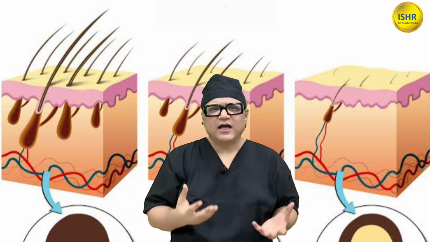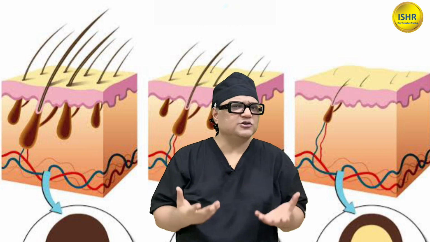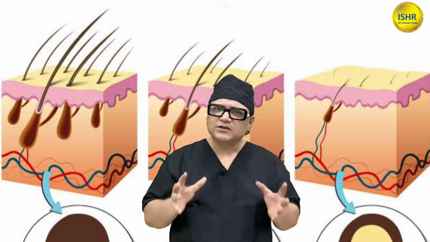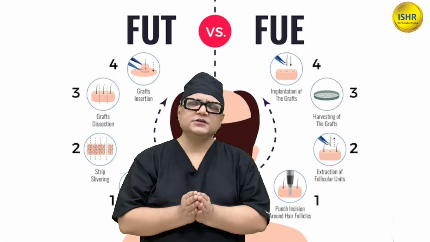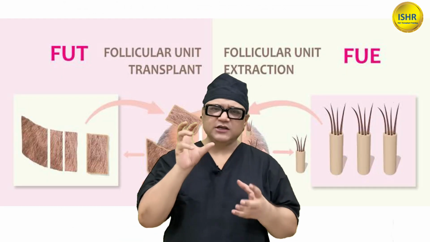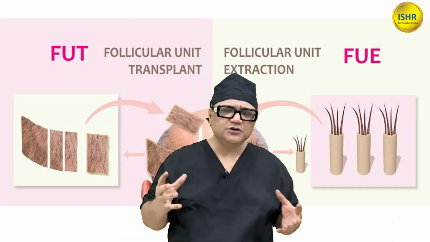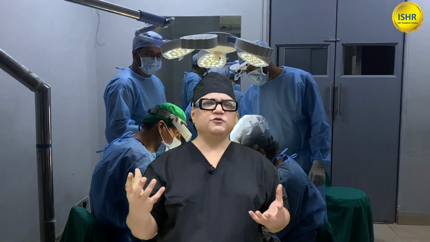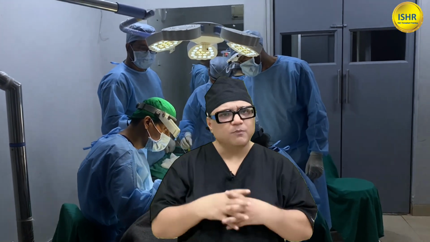So initially you will have some transection, but as you become a senior surgeon, your transection rate should not be more than 3%. So there will be a whole discussion about the science of hair graft extraction and how to prevent transection for better hair transplant results. We will also discuss comparison between FUE, the newer technique where you take out single grafts, follicular unit excision, as well as FUT where you take a strip. Where FUT should be used, where FUE should be used, and where there should be a combination of the two.